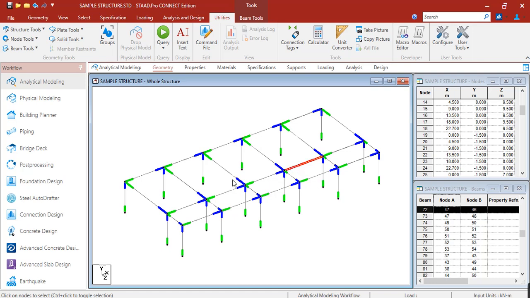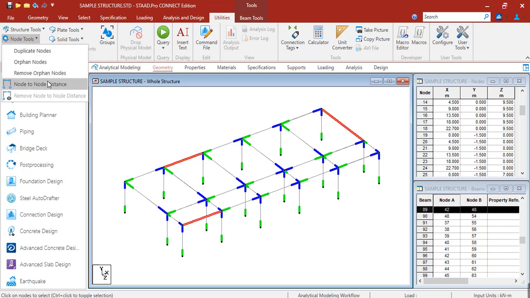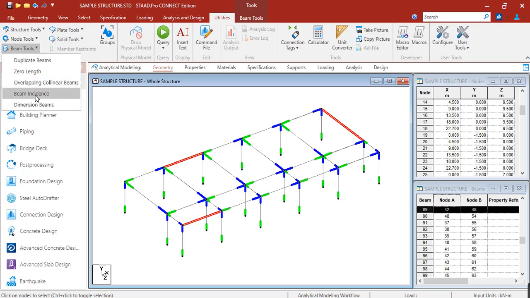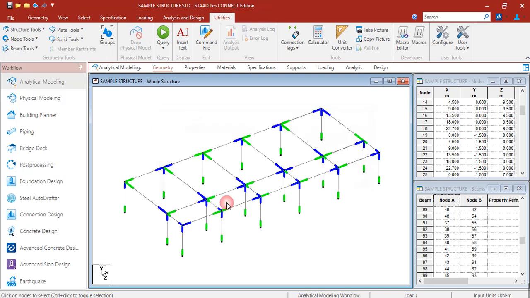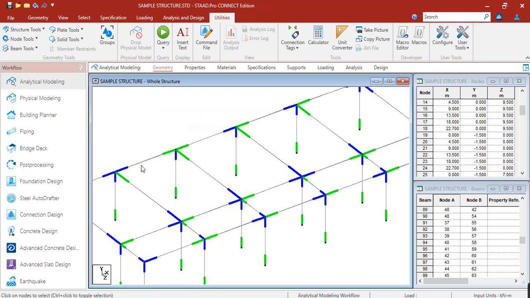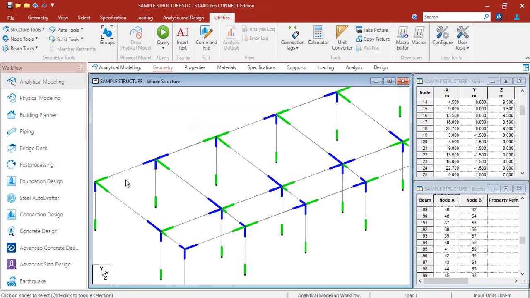So what if your beam is not created in a way that it goes to the positive Z or positive X? For example, this beam is not created correctly. Here we have green, blue, blue, green.